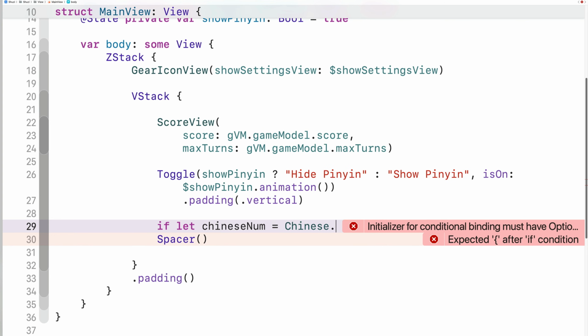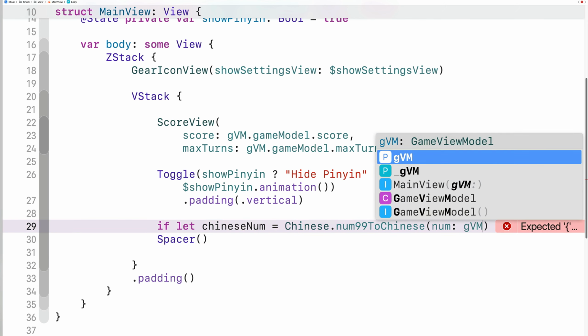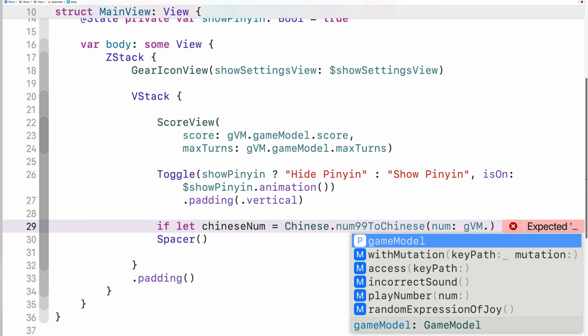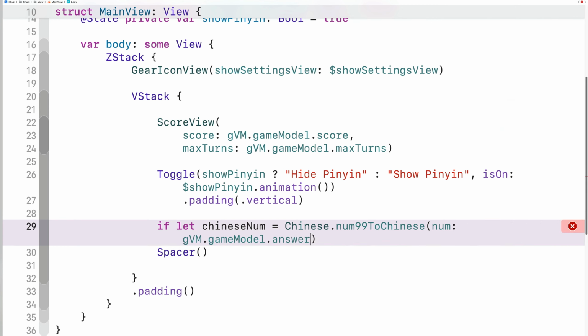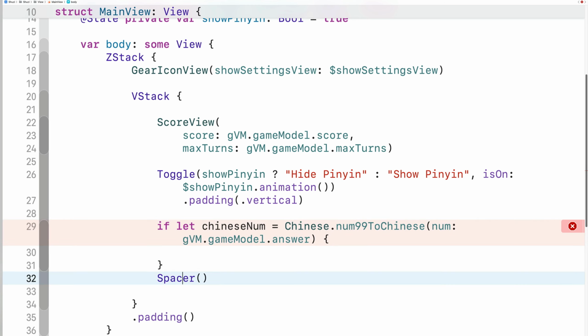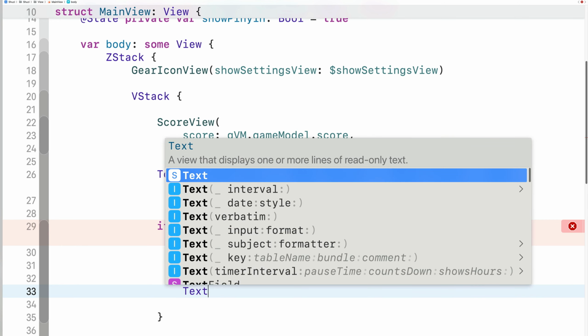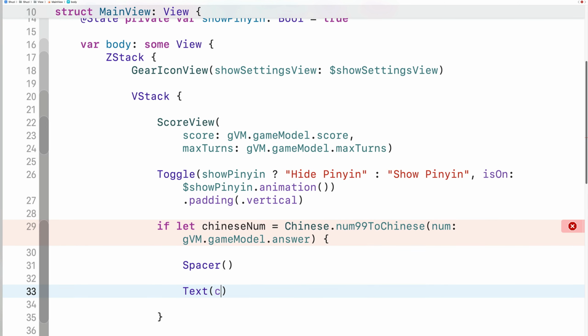Chinese dot num19 to Chinese, and we'll use the game model answer. Then let's have some code. Actually, I'd like to put the spacer right inside of here. And let's have some text. And notice that Chinese num,